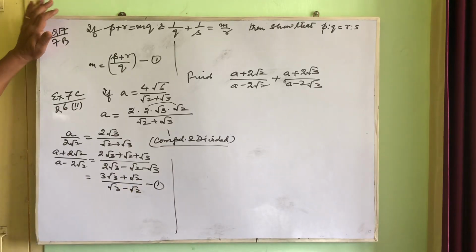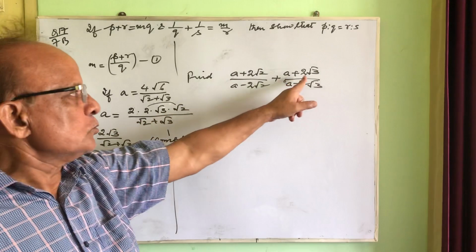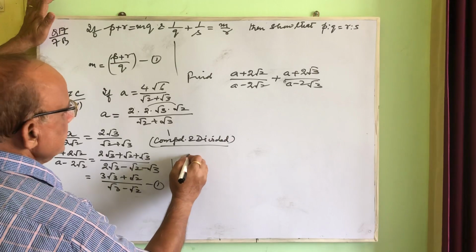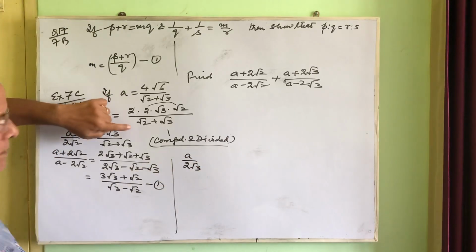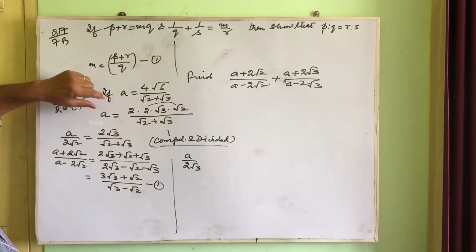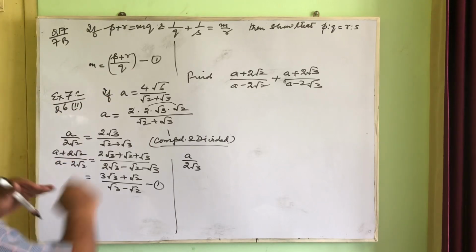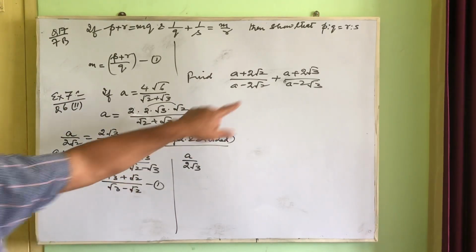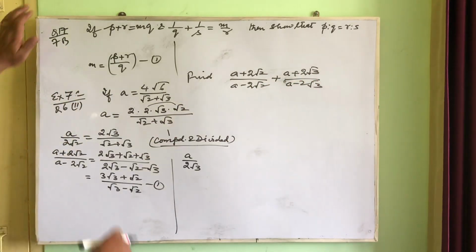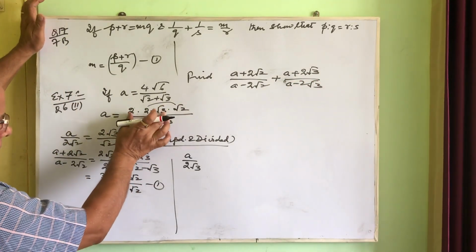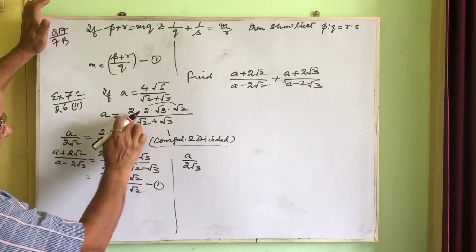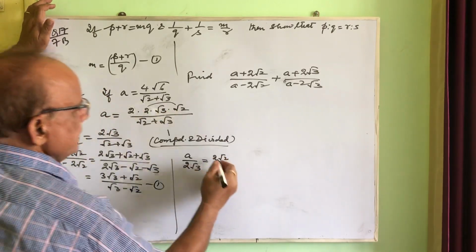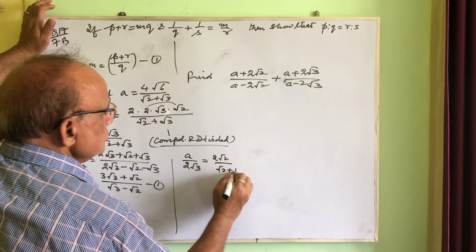This is first. Now in the second part we want 2 root 3 with a. Now take a by 2 root 3 from the same equation. First we wanted 2 root 2 with a, that is why I took 2 root 2 below a. Now for the second part, we want 2 root 3 with a. Take 2 root 3 below a, then 2 root 2 will be left by root 2 plus root 3.